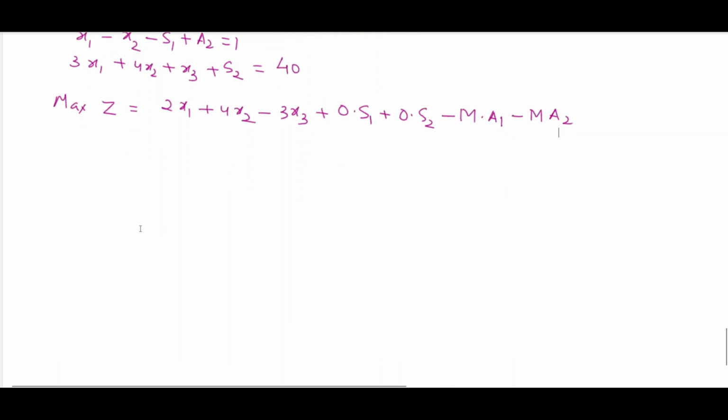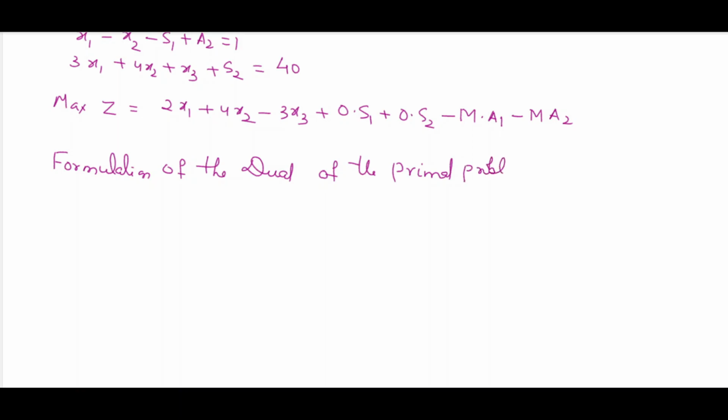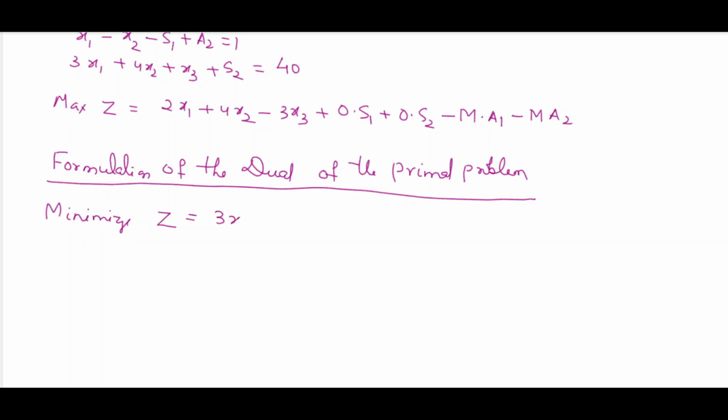Now the last part of this chapter is the formulation of the dual of the primal problem. So the problem given to you is under this heading: minimize z is equal to 3x1 minus 6x2 plus 4x3, subject to constraints which are